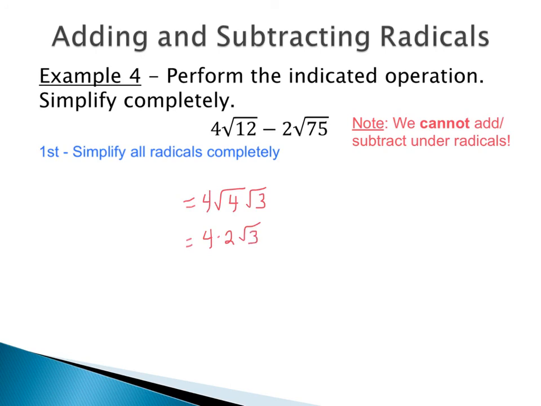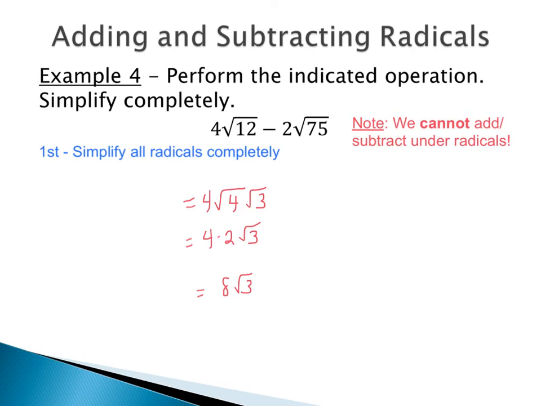So now what happens here is that we have this 4, and what this really means is that we have 4 times 2 square root of 3, and we want to do that multiplication. So although we haven't seen the 4 on the outside or a number on the outside before, whenever that happens, it's going to be multiplied by whatever number came out of our square root. So 4 times 2 is 8 square root of 3. So 4 square root of 12 simplifies to 8 square root of 3.